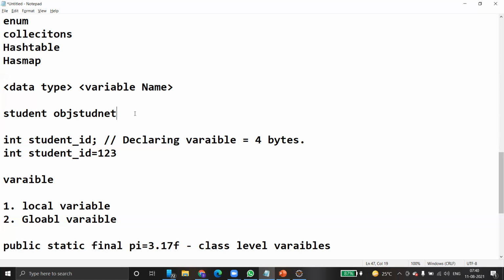Sometimes a class contains only one variable, sometimes n number of variables and n number of functions. It is highly difficult to predict how much memory is required. That is the reason we use a keyword called new. New student, this is the syntax we follow. If you use this syntax, the memory automatically gets allocated from the heap to this object called obj student. That's all. So that's the difference between an ordinary variable and a class variable or object.